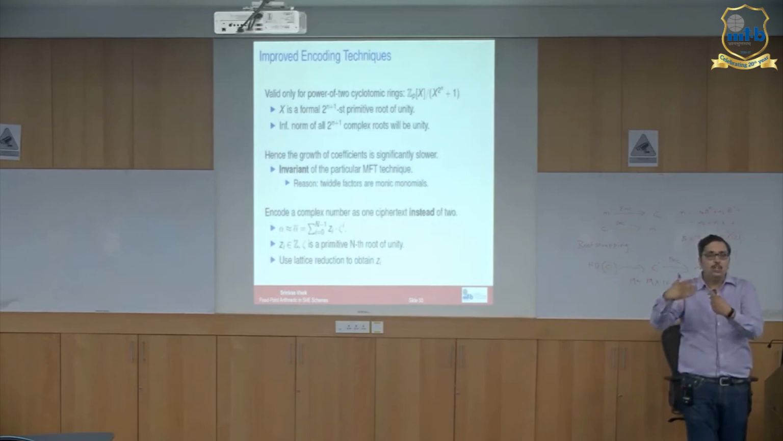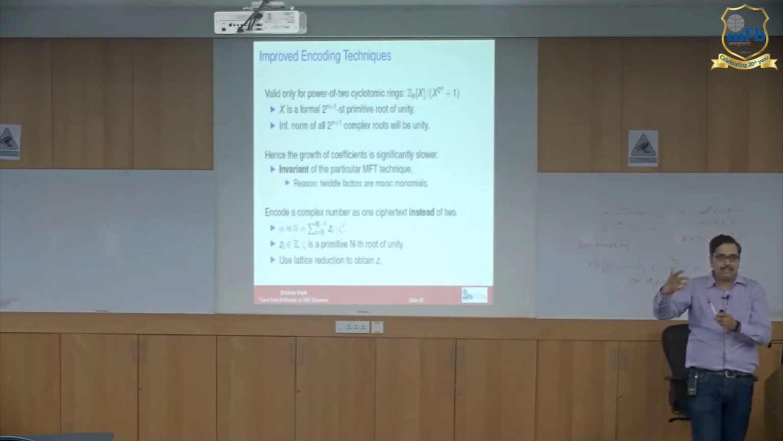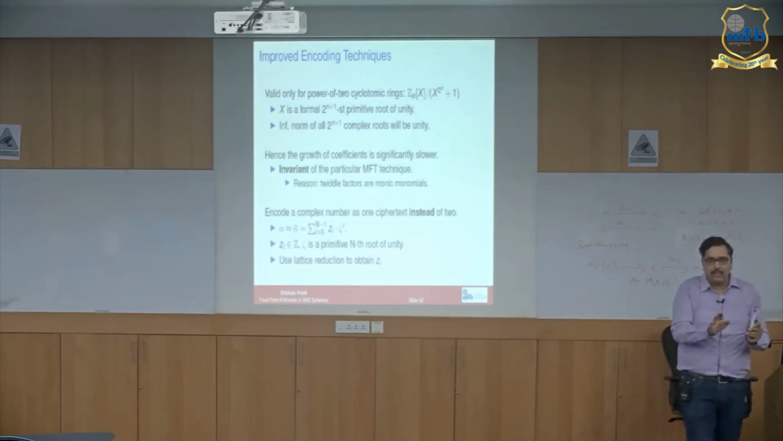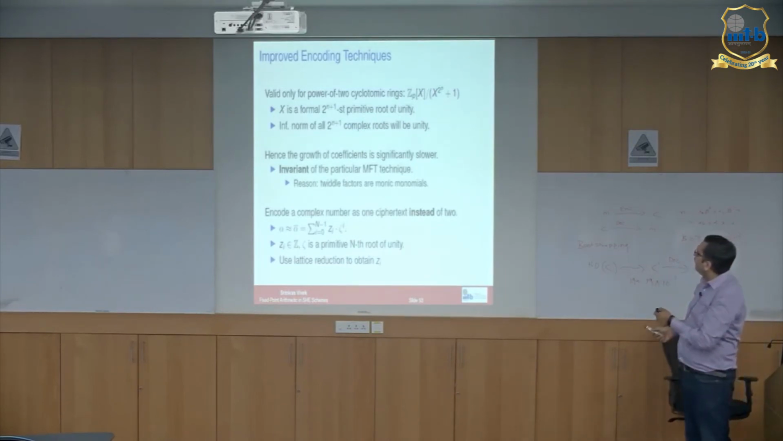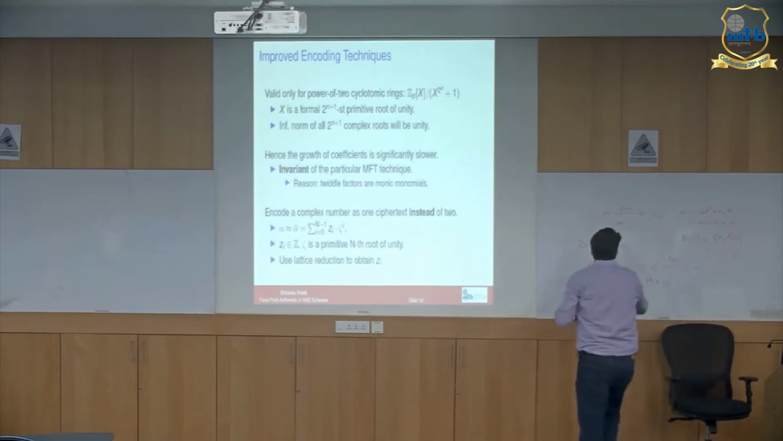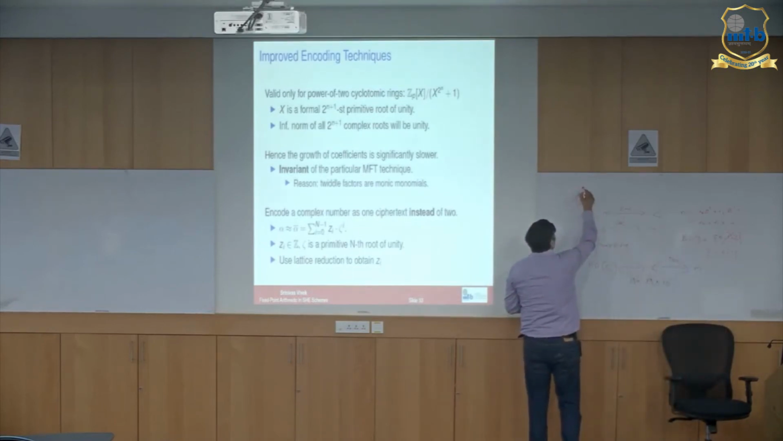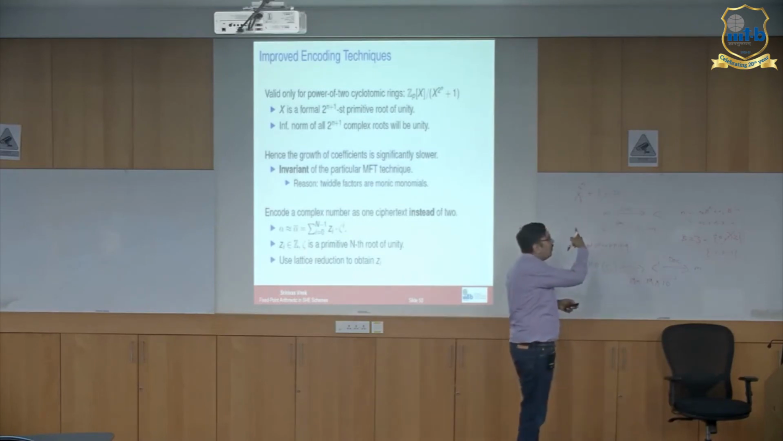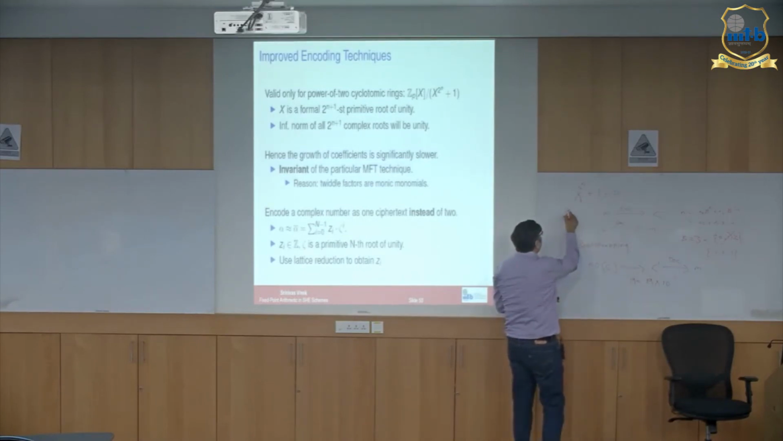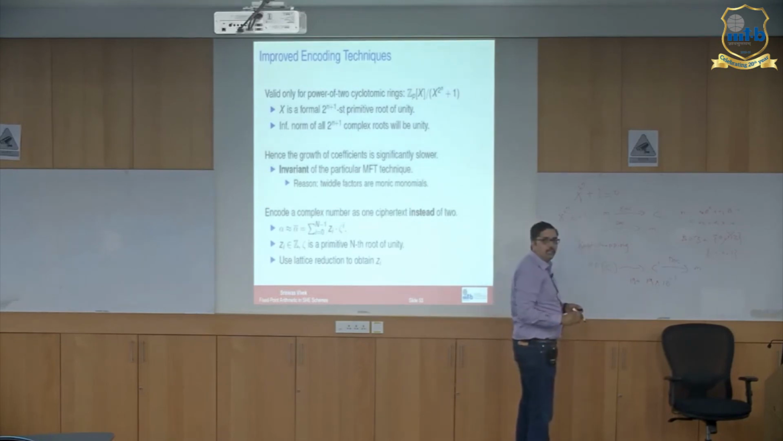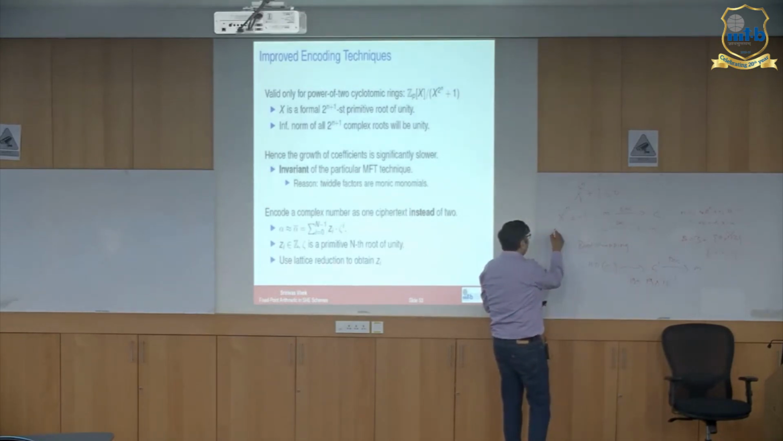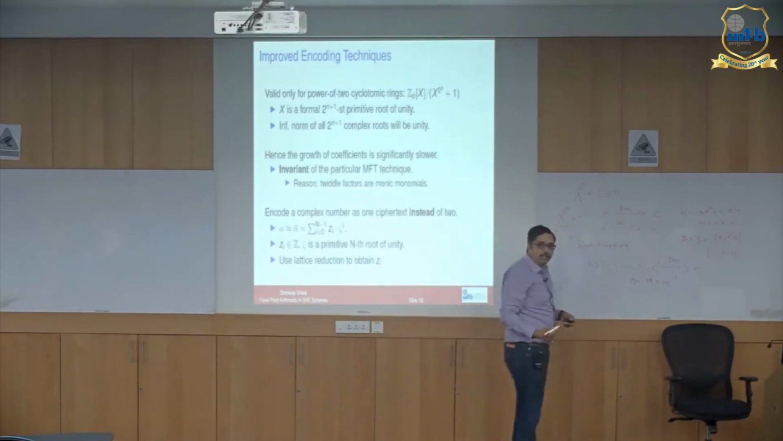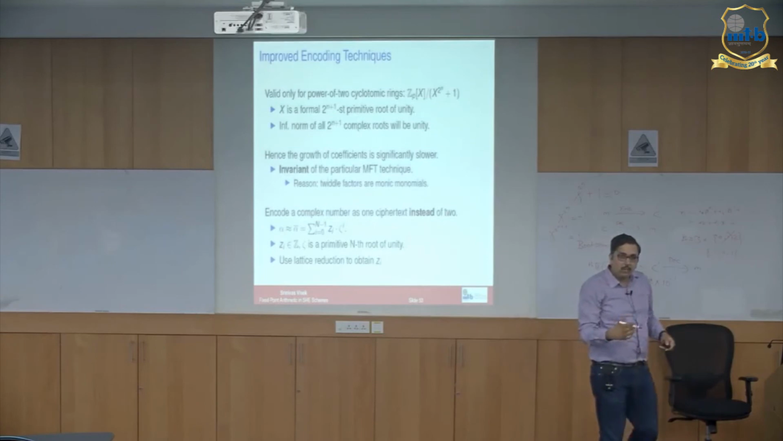And we need to choose the parameters such that the maximum coefficient is contained within that. But here, if we are working in rings of the form x^(2^n) + 1, it means you are going modulo this polynomial. This means that x^(2^n) is already minus 1, right? And if you square, you get x^(2^(n+1)) equal to 1. So what it means is x is already a 2^(n+1)-th root of unity,